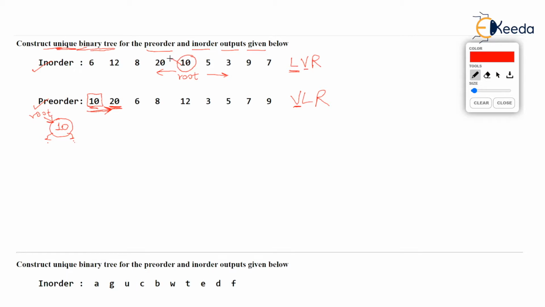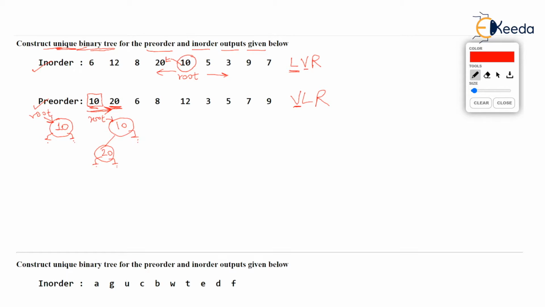So where should this 20 get added? 20 should get added to the left of 10, because in the in-order, 20 is to the left of 10. So we come to a conclusion that in our tree, 20 will be added to the left of 10, and left and right of 20 will be null at the moment because it's a new node, and 10's right will be null, and root is still pointing to 10.